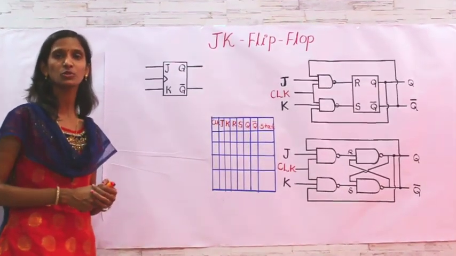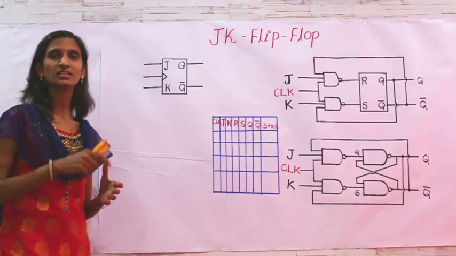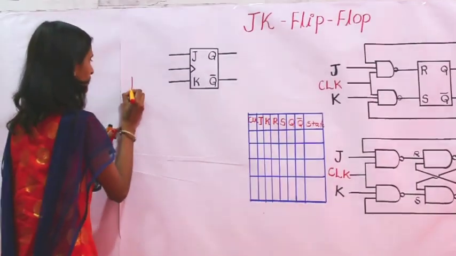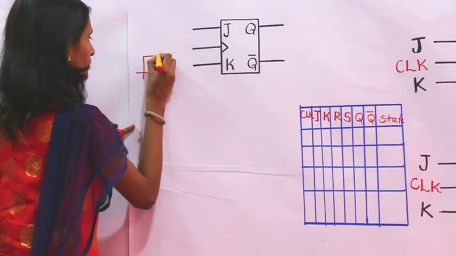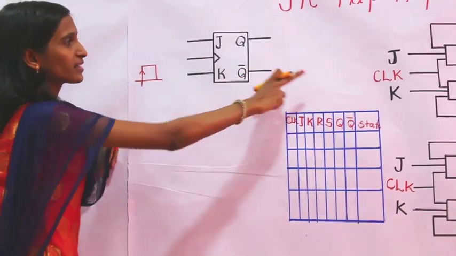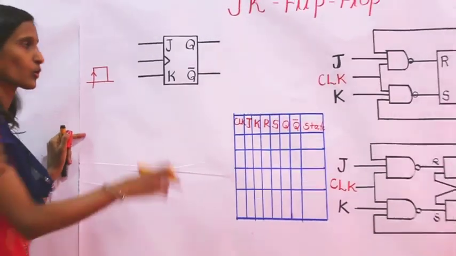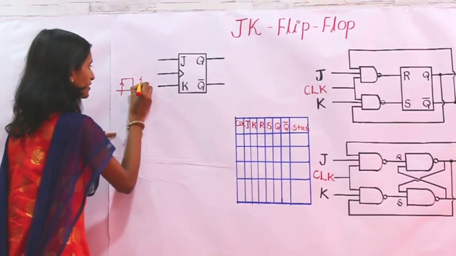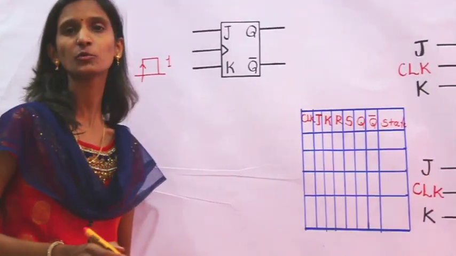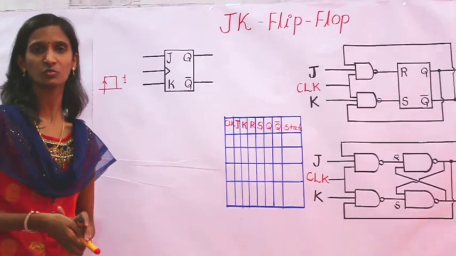So what is meant by positive edge triggered? A signal which is in a rising manner is called positive edge triggered. For example, if I consider this as positive edge triggered and apply it as a clock input, then ultimately the clock signal will be considered high, meaning 1. So in all cases I am going to consider the clock as high, meaning 1.